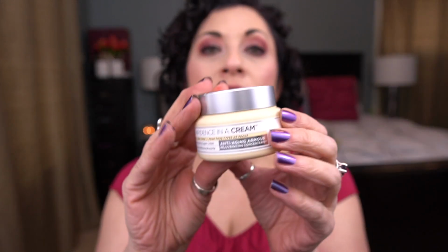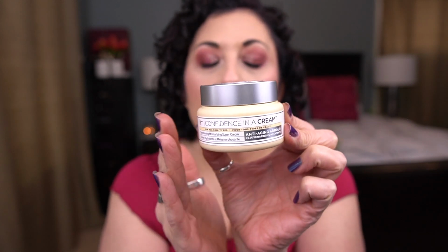But yeah, it's one of my favorite moisturizers. I love this moisturizer, and it's a large jar. This is 2 fluid ounces, so it's a hefty amount of product. It's a beautiful cream. For the letter K by Kaja, I have the Heart Melter